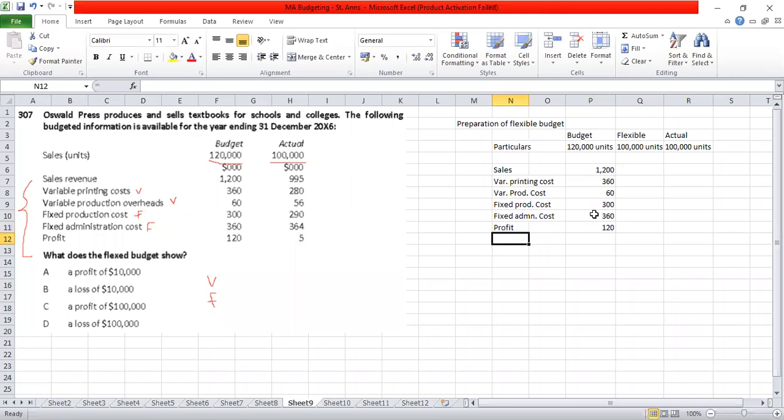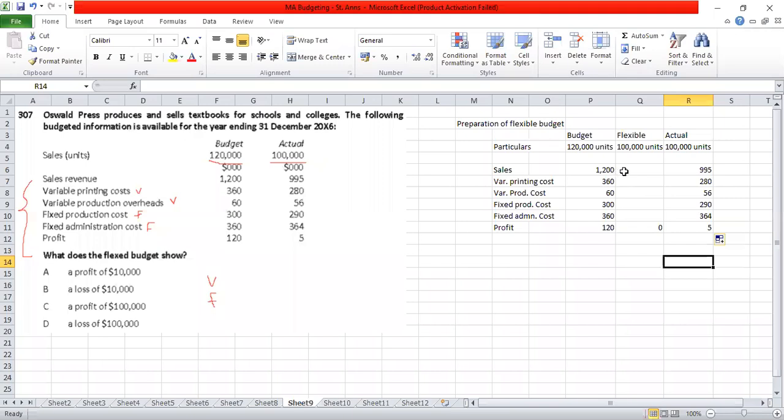So their profit as of now is 120. Fine. The actuals are at 100,000. The figures given are 995. Okay. Then 280. The actuals. Then this is 56. Then this is 290. And this is 364. So we see that the profit here is